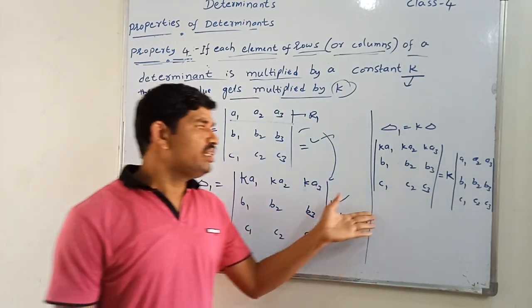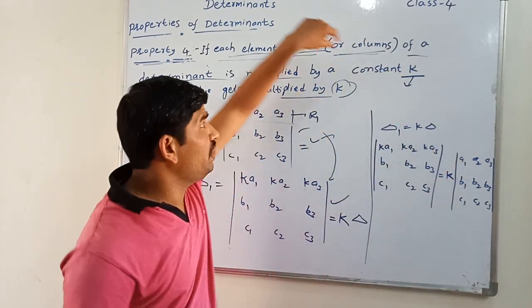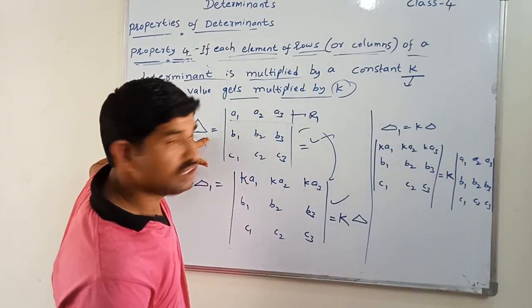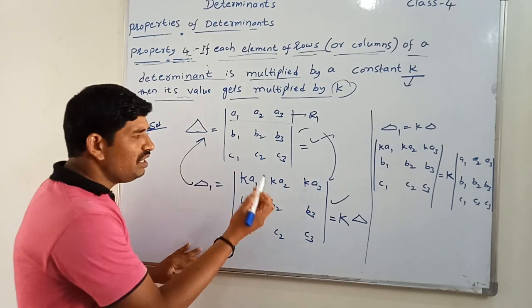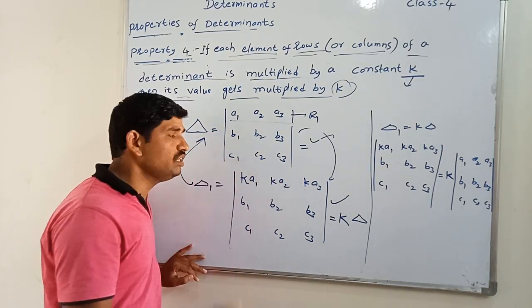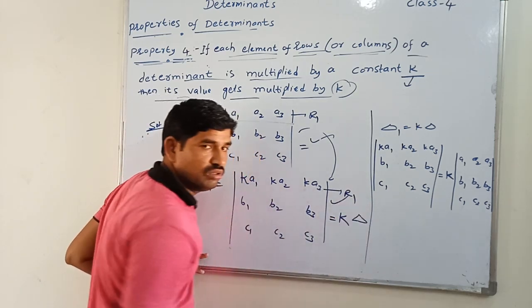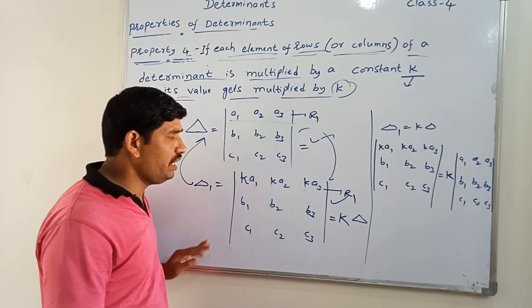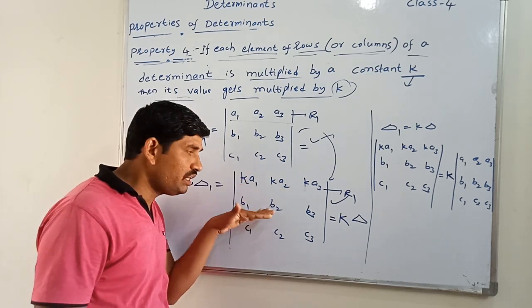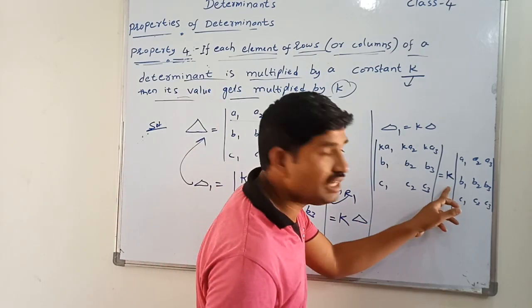Okay, so what is the property number 4? Once again I will repeat. See, if you are taking the determinant, given determinant is this one, for this we are multiplying with some constant, not only k, we can take any constant. Suppose we are multiplying with only the first row, or some student can say, sir, we can multiply with k for the second row. Yes, why not? Again we will get the result like this.